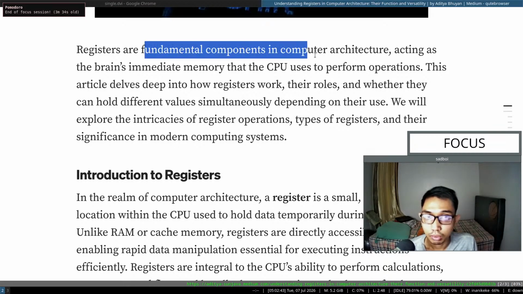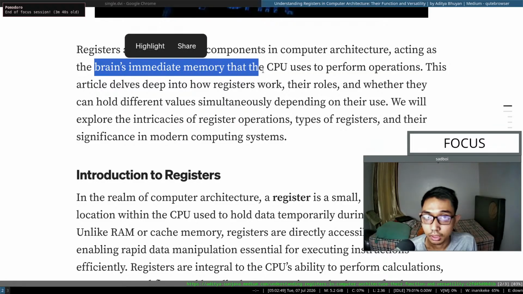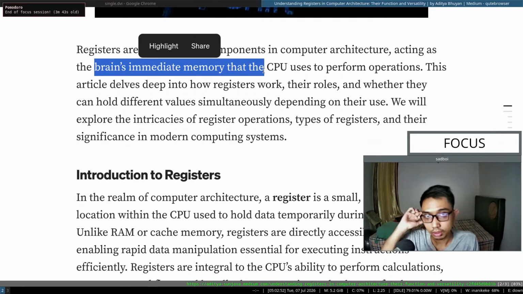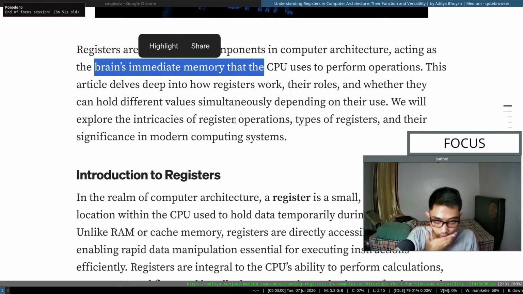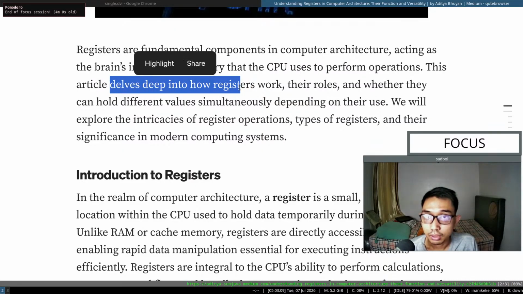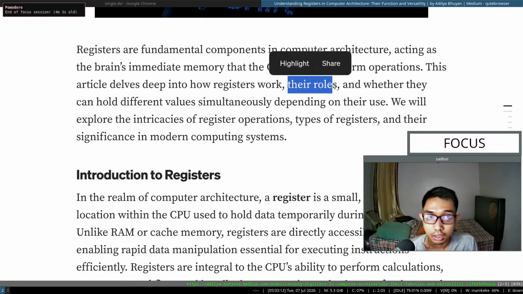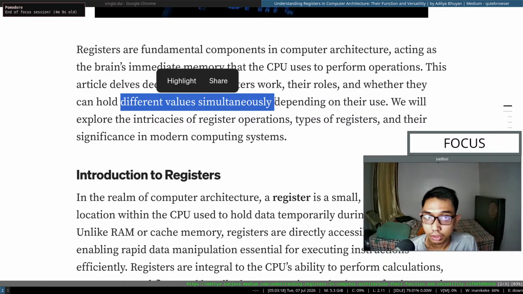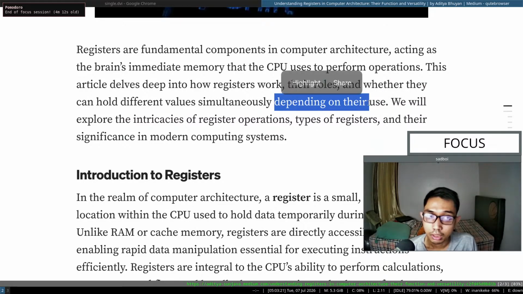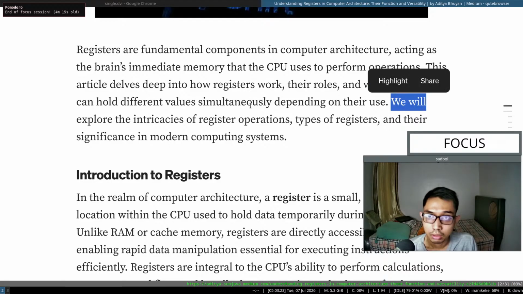Registers are a fundamental component in computer architecture, acting as the brain's immediate memory that the CPU uses to perform operations. And let me copy this in the chat. This article delves deep into how registers work, their roles, and whether they can hold different values simultaneously depending on their use. We will explore the